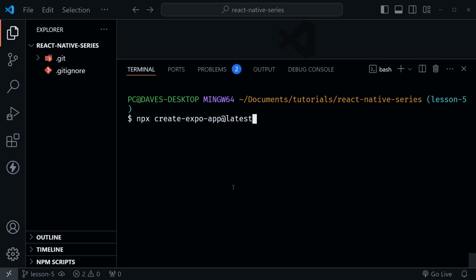It does put in TypeScript by default. If you want to install all of the dependencies one by one on your own and not use TypeScript, we'll put in a --template and then type blank. Now this will start a blank project, but I'm not going to do that